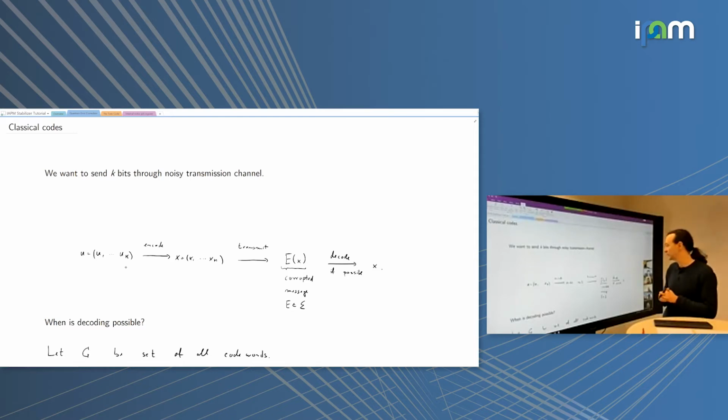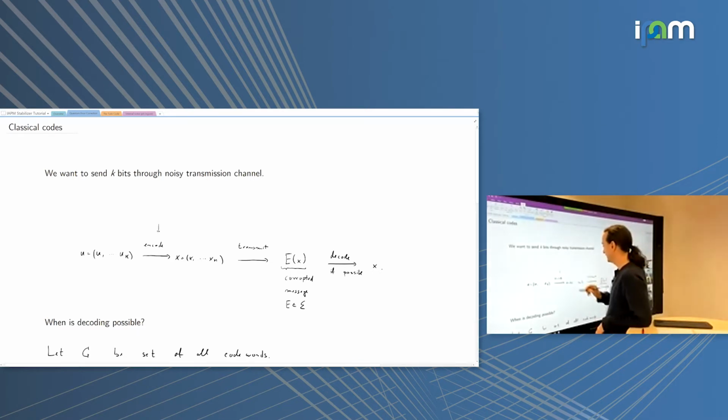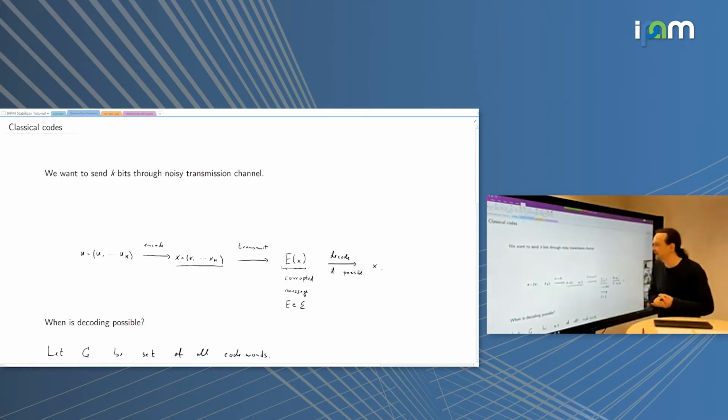Now what we want to do is decode this. We want to encode the message in such a way that it's going to be resilient against a few bits flipping. And so we take some encoding procedure and map the short message to a slightly redundant message. So now it's x1 to xn, where n is the length of the message. It's longer than k, the number of bits of the message I want to transmit. And what happens in passage is that it gets corrupted. So there is some error applied to this message.